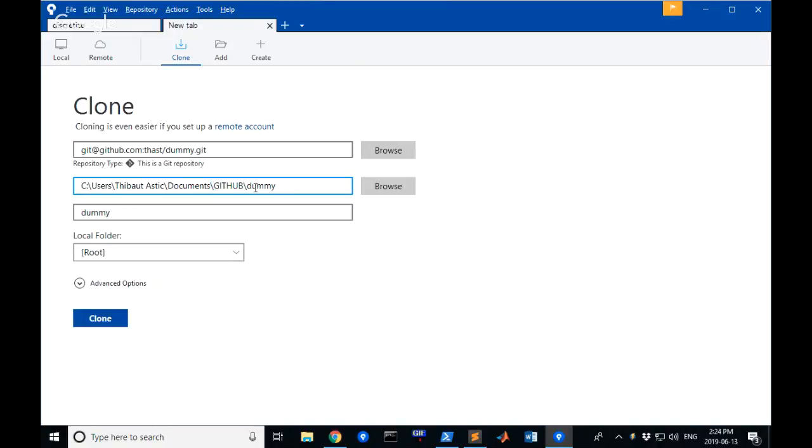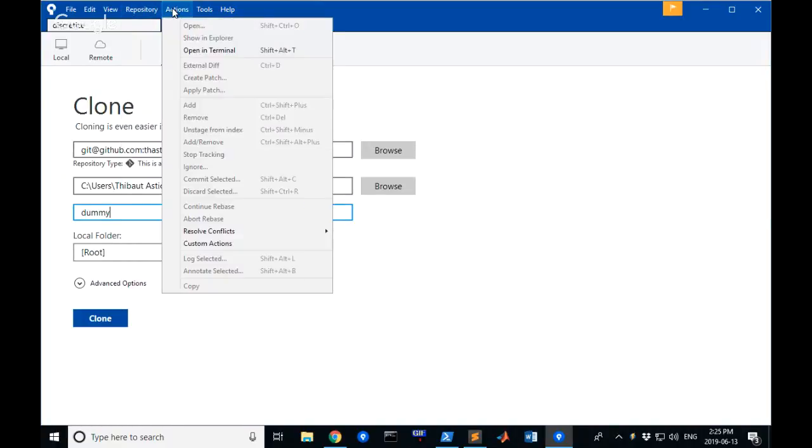I got a message, accept server's key. It says the key for GitHub.com hasn't been cached yet, and this has caused the process to fail. In Source3? Yeah. Oh, you might need to add your GitHub login information in Source3. I didn't have to do it. I'm logged in already. Probably I'm logged in automatically. Are you logged in to your GitHub already? Sure. Online, at the bottom, I can see my account, so I suppose that I'm